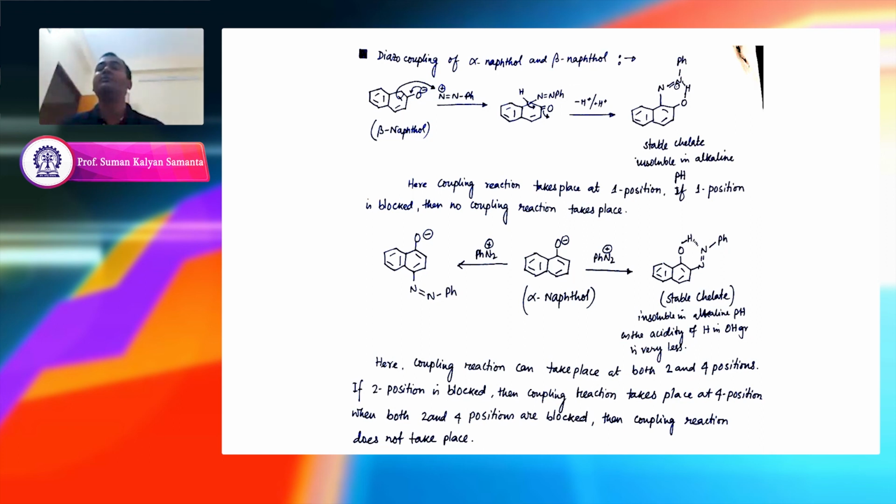When you make the resonating structure with the OH, you will again find that this top position is more active. The number of resonating structures is higher. You will get 7 resonating structures for reacting at this 1 position of this ring, but not at the 3 position, that is the other ortho position. So that is why for beta naphthol the reaction mainly occurs at this ortho position. Okay, got it?